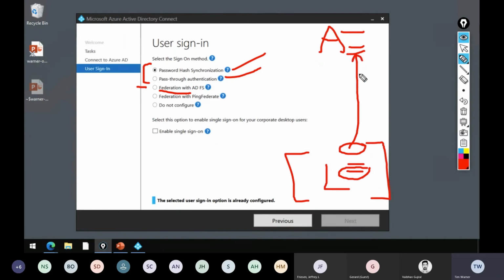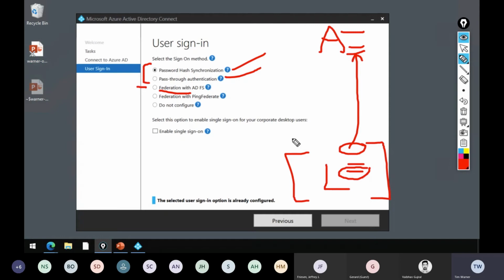That's to satisfy customers whose security and compliance requirements are like, nope, we can't have local password hashes in the cloud, because if an attacker does a rainbow table attack or something and they compromise local, that means our cloud is compromised, or if they compromise cloud, that means the local is compromised. So it's a hash of a hash. So that's still not good enough for some customers.